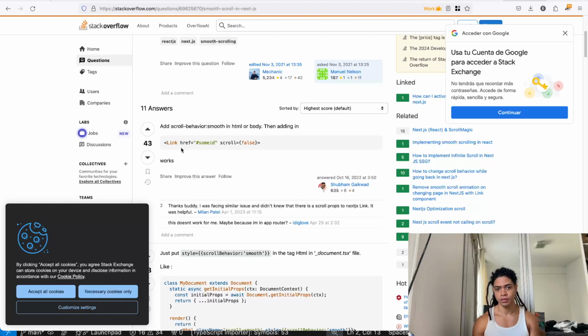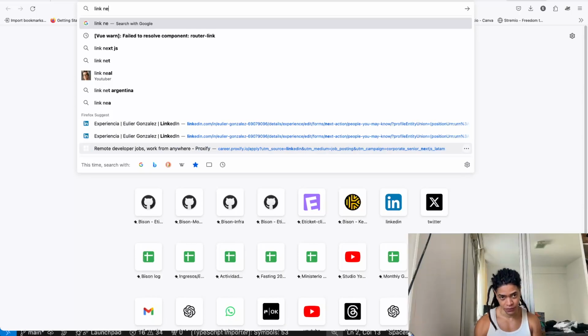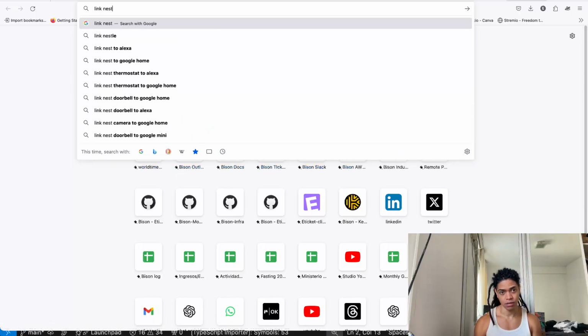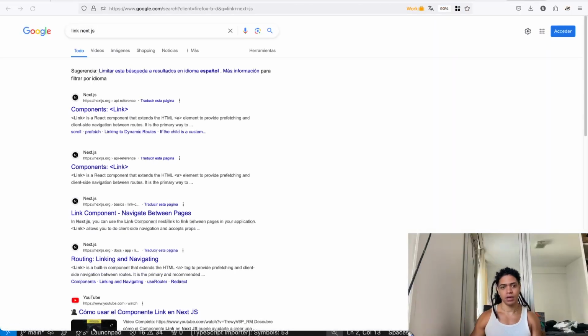Oh, okay, scroll false. Okay, because link is a specific Next wrapper around how you can do this.